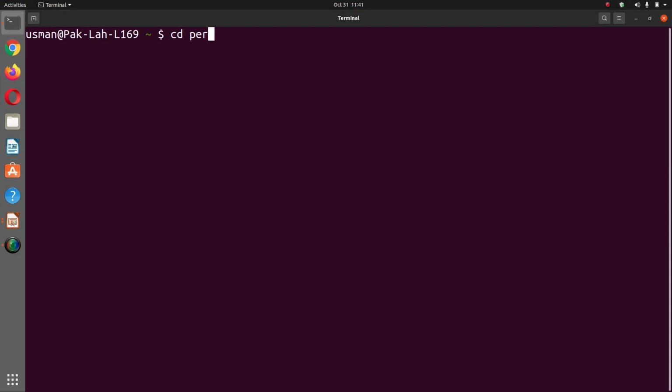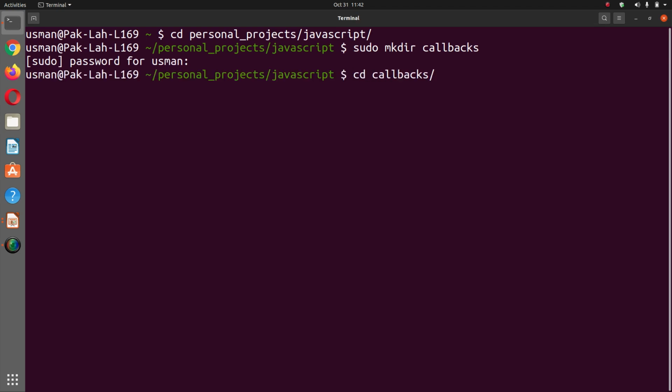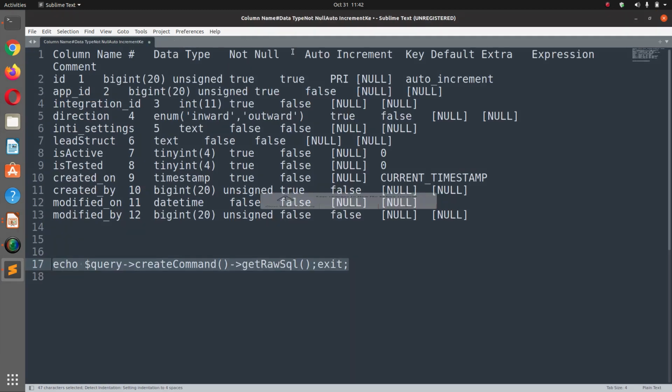Personal projects, JavaScript, do mkdir callbacks, cd callbacks. Let me set the permissions, callbacks, and sublime index.js. Just call it index.html. Okay, so